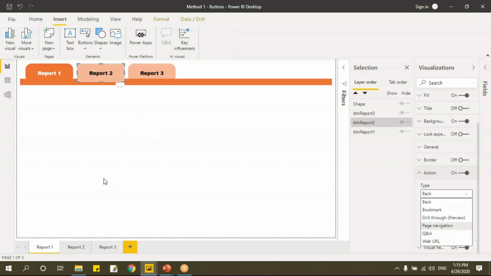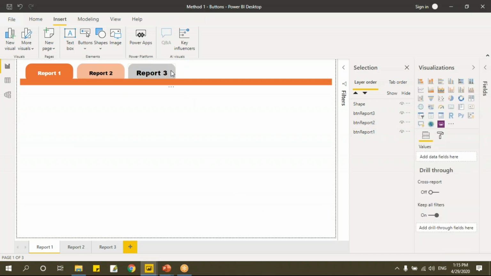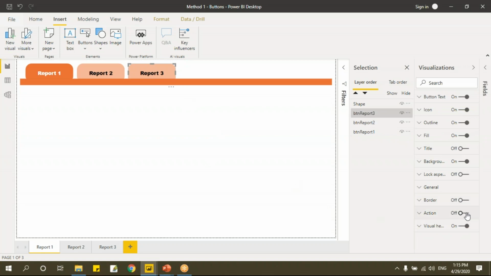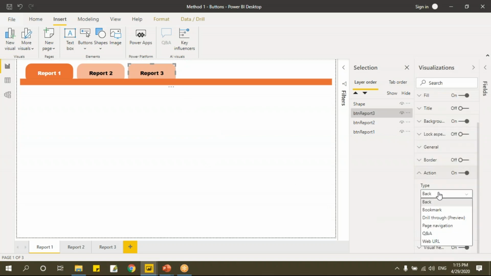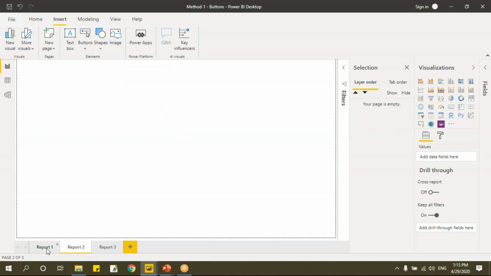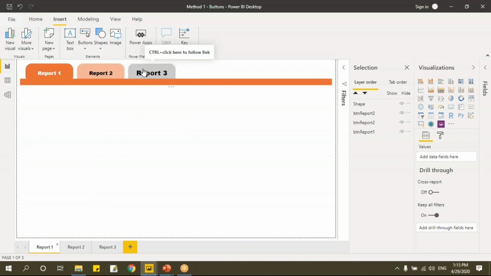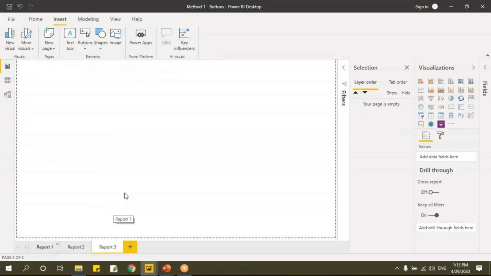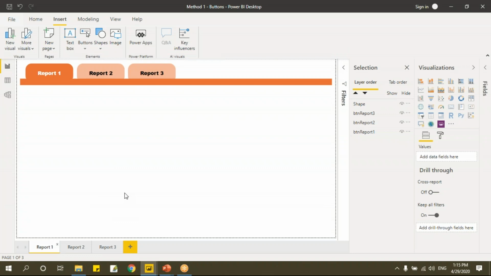Now when I click on this report 2, it should go to this report 2. I'll go here, select this, and here it will ask for the destination. I'll say go to report 2. Done. Now let me select this. Same thing, we'll go to this action, enable this action, and say page navigation, and here let me select this report 3. Done. Now let me hold control and just click on this and observe it is going to report 2 sheet. Let's come back to report 1. I'll click on this report 3. It is going to report 3 sheet. So now my navigations are proper.